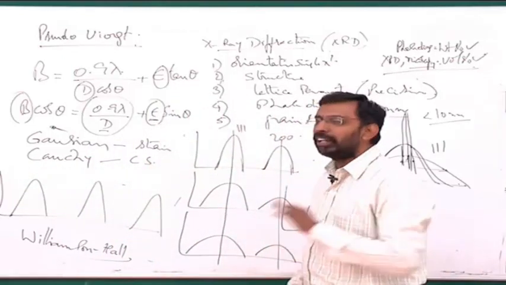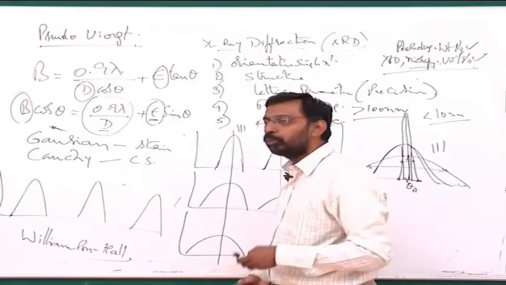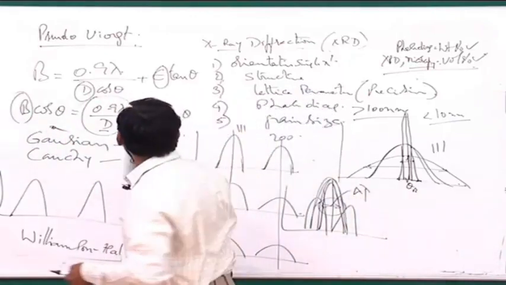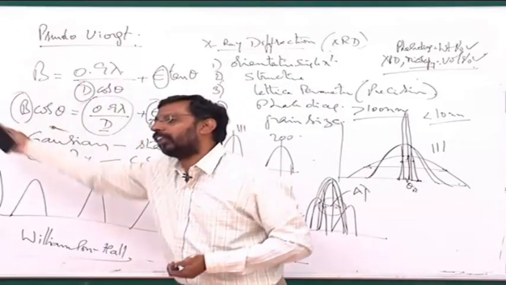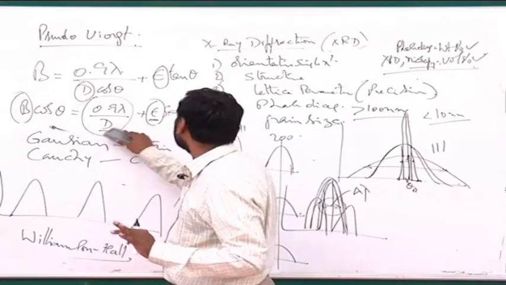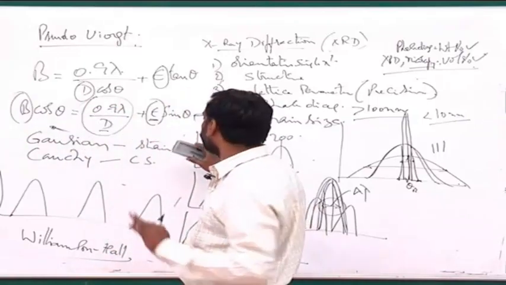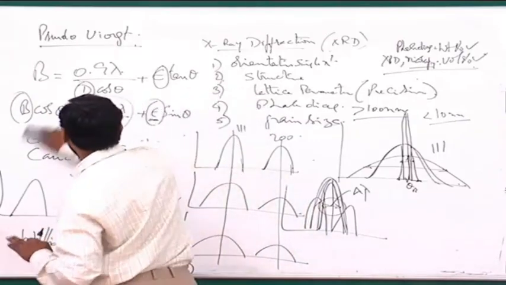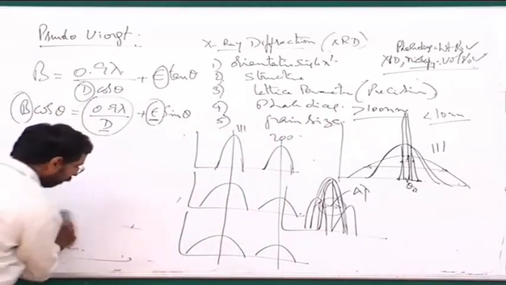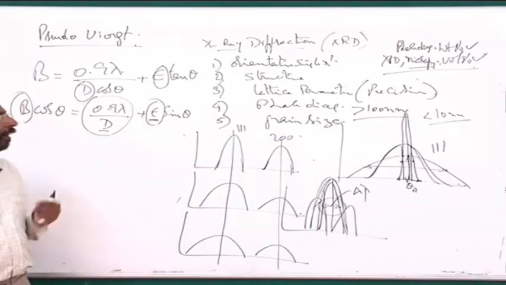These are all a little detailed ways of doing it, but unless you actually go to a research level, it may not be necessary. For the time being, this is sufficient for us to understand. So if you have a number of peaks and I want to find out both the crystallite size and strain, I can use this method clearly. So this is how we can find out both of these. You can see that if my material has both strain and grain size, I can find them out.